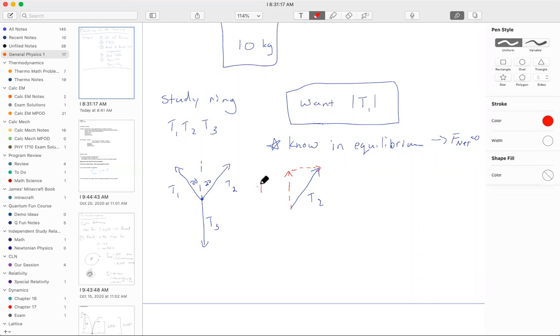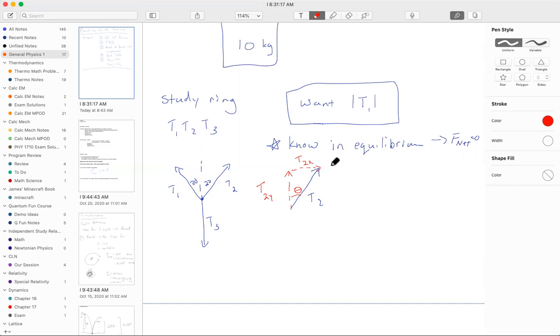So I would have T2y and T2x. And this angle would be theta, 20 degrees. Now if you look at this triangle, it's a little bit unusual for us because normally the x direction is associated with cosine and the y direction is associated with sine. But when I look at the way this triangle is drawn and the way the information was presented to me,